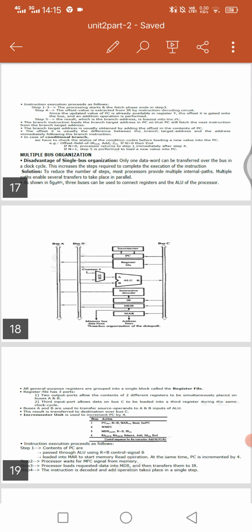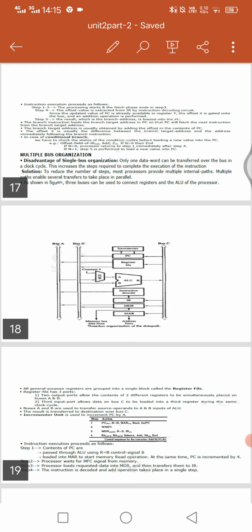Multiple internal paths enable several transfers to take place in parallel, which means in each clock cycle more than one word can be transferred. So we can reduce the number of steps needed to execute an instruction.